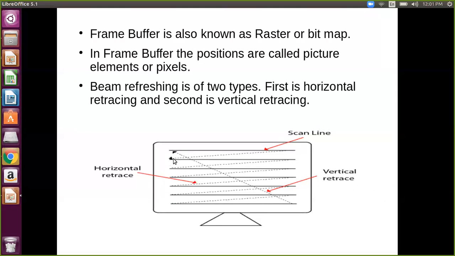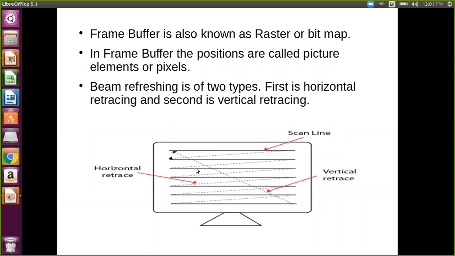But when starting from the next line, it gets on and completes this horizontal line. Again, when the pointer comes to the third line, from this point to this it is off, and at the start of the third line it becomes on. Likewise first line, second line, third line, till the last scan line, it is traced.